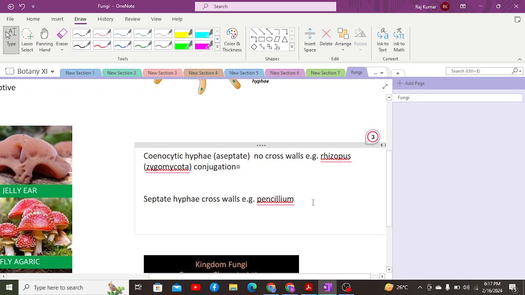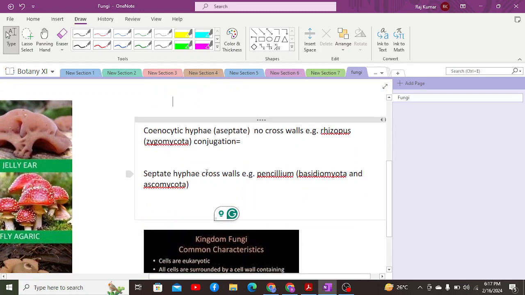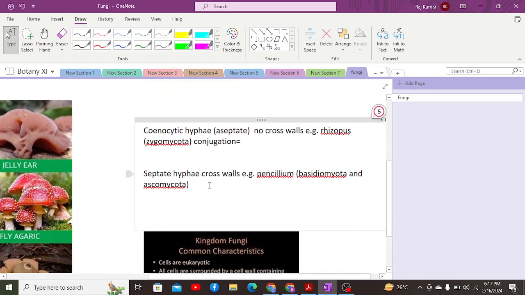After that, when it comes to septate hyphae, it is found in basidiomycota and ascomycota. Moreover, when it comes to some other structure, we are also having septate ascomycota, basidiomycota, and